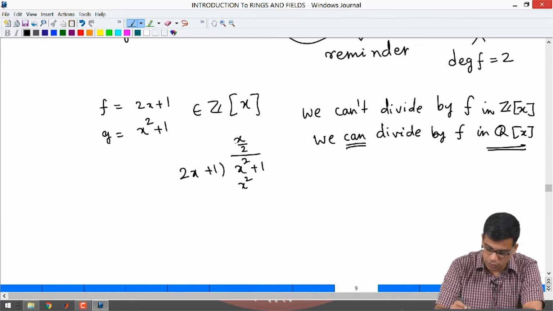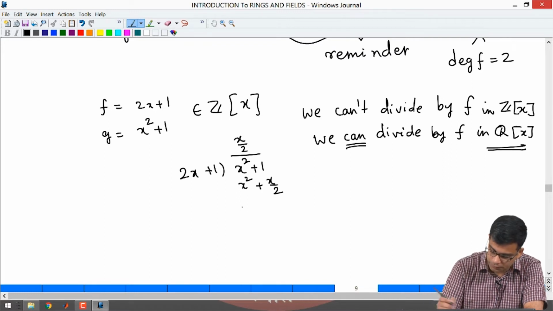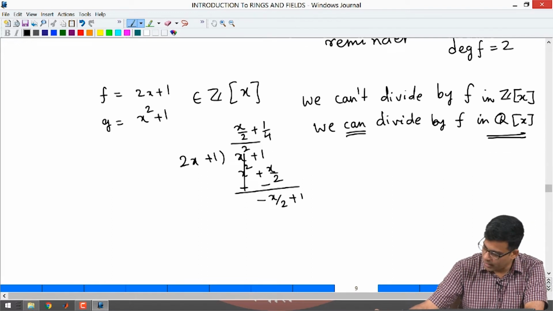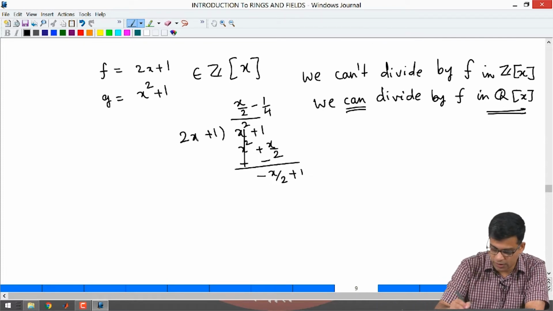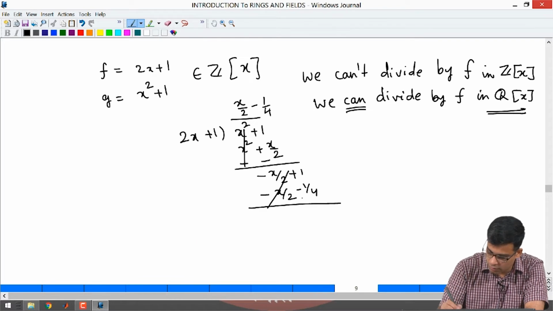Dividing by 2x plus 1, you get x/2, then it will be x squared here and x/2 here. Now if you subtract, this will go away, and this will be minus x/2 plus 1. Now, to get minus x/2, what you will do is minus 1/4, really, because you want to get minus x/2. So, minus 1/4 times 2x is minus x/2, and minus 1/4 times 1 is minus 1/4, and you get